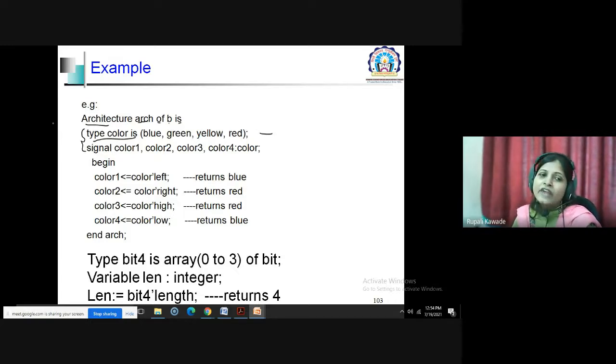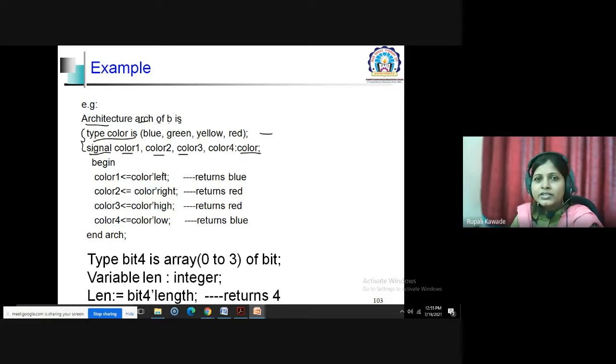Fine. And what is the second statement? Signal. This is the object. Then we are defining 4 different signals: color 1, color 2, color 3, color 4. Then a colon is there, and here we specify the data type. What is the data type of color 1? It is of color. The data type of color 2, again, is color.